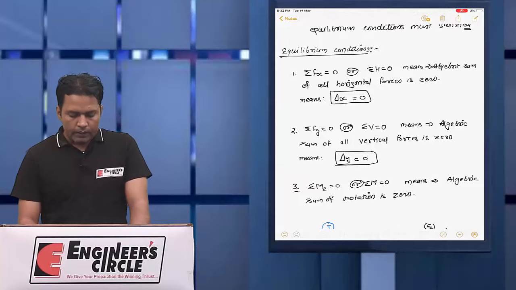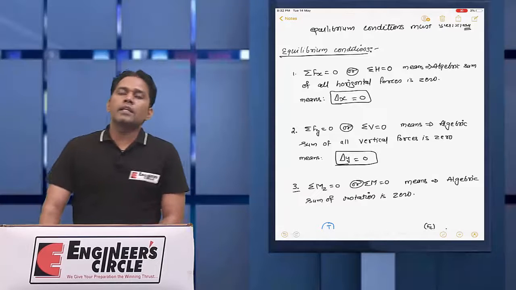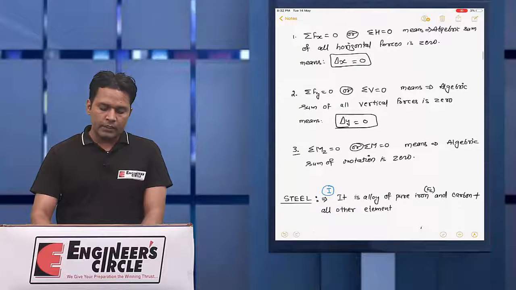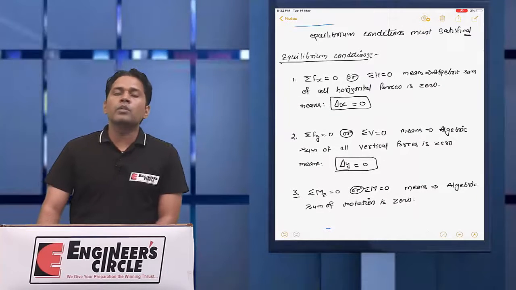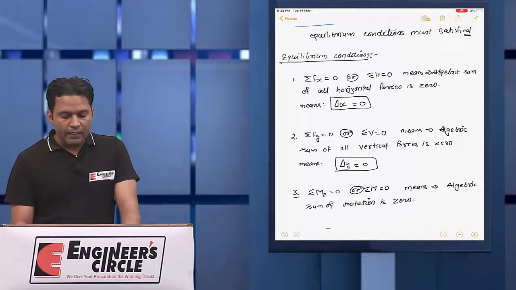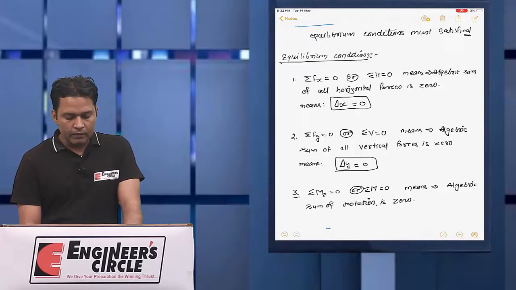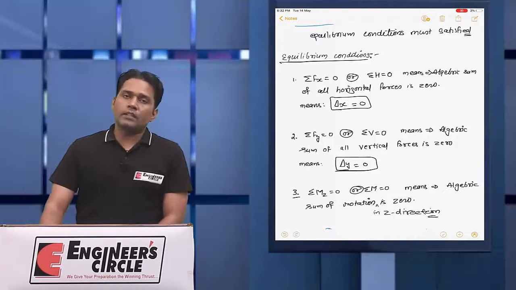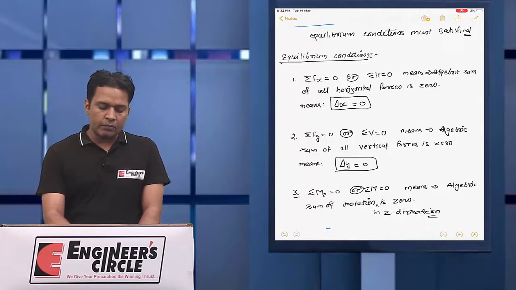The third condition is summation Mz equal to 0, or summation M equal to 0. It means the algebraic sum of moments about the z axis is 0. So at each and every section the equilibrium condition must be satisfied.